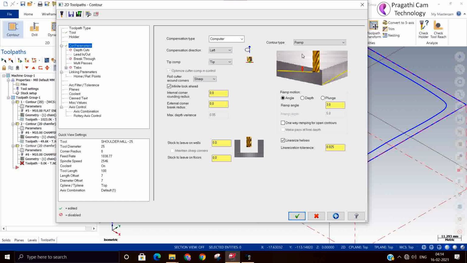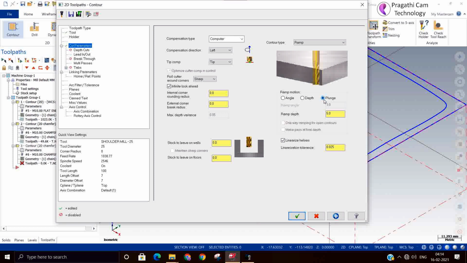You can always use ramping, but when there is a space available you can use lead in and lead out. If you can give that place we can use the normal only. So how the ramp is given is only by the angle or depth. But with angle we are not able to get the perfection, so we'll select the depth option.